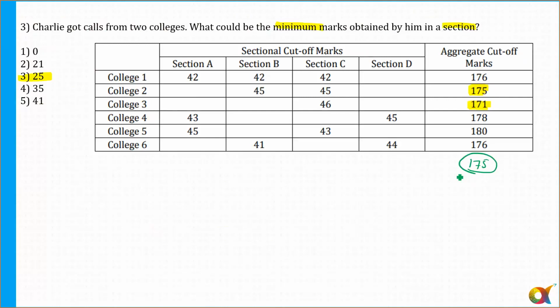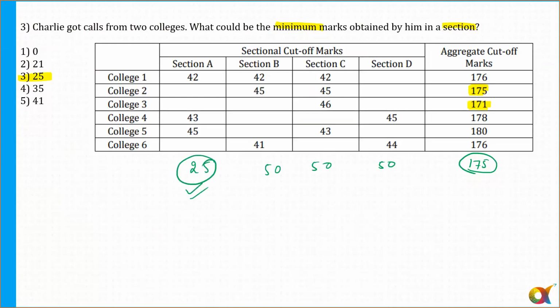Okay. Now, also if I need to minimize the marks in one of the sections, can I say that in the remaining 3 sections, I should maximize the score? Please tell me. In the remaining 3 sections, I need to maximize the score. Alright. So let's say in 3 of these sections, he is getting 50, 50 and 50, and in one of these sections, he is getting 25. So the answer is nothing but 25.